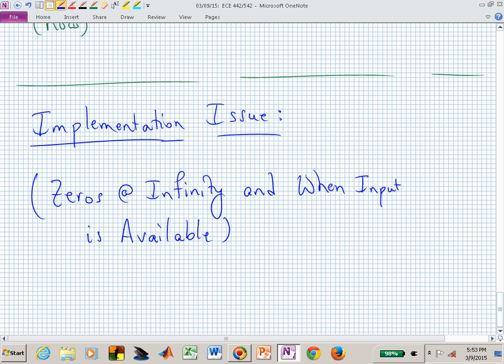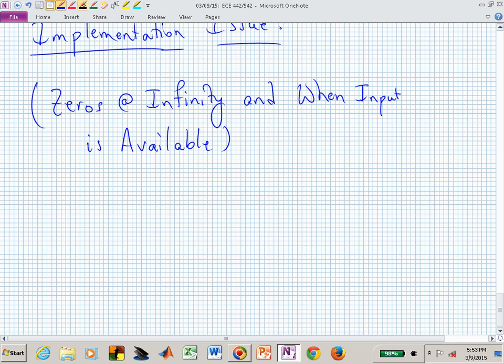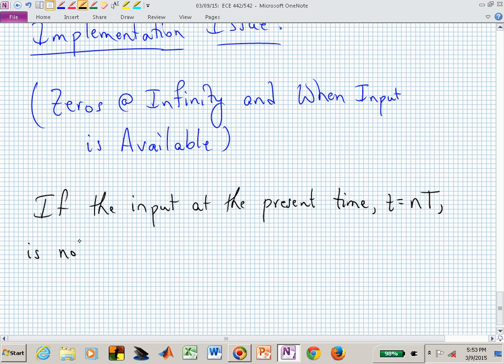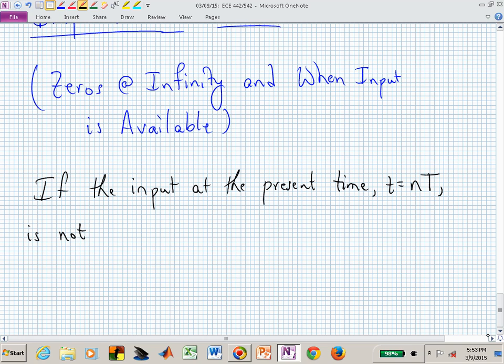This is what I want to make clear. If the input at the present time, and the present time is t is equal to n capital T, and now I'm putting the capital T in there. Don't ask me why, but sometimes I put it in and sometimes I don't, and I hope you understand that that's okay. You just have to always assume that you're so many sample periods into time. If the input at the present time is not available,